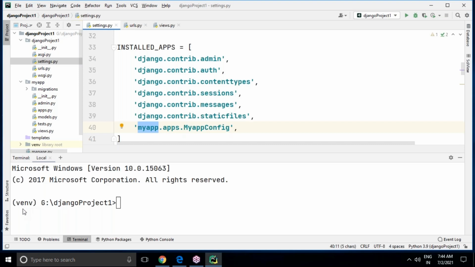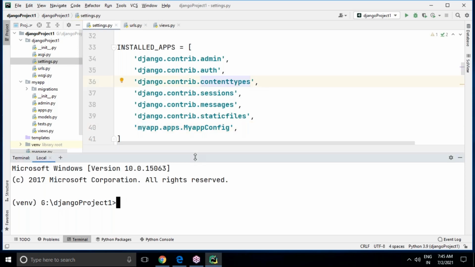But look at here, what is the virtual environment, venv? It automatically created a virtual environment for us. But previously, in the sample project I worked on, we created a separate virtual environment. Yes or no? Yes. So the Django project is there now.